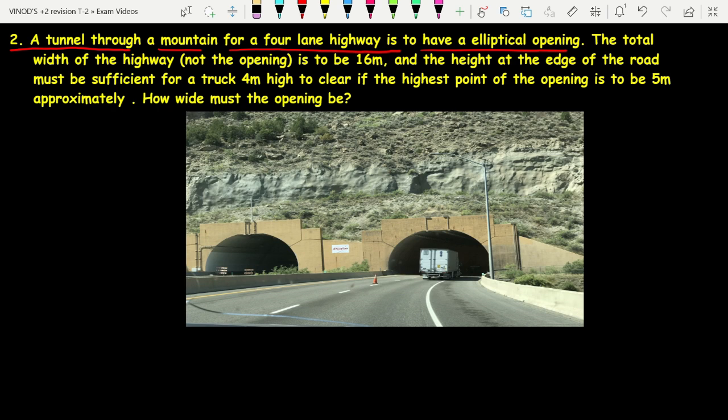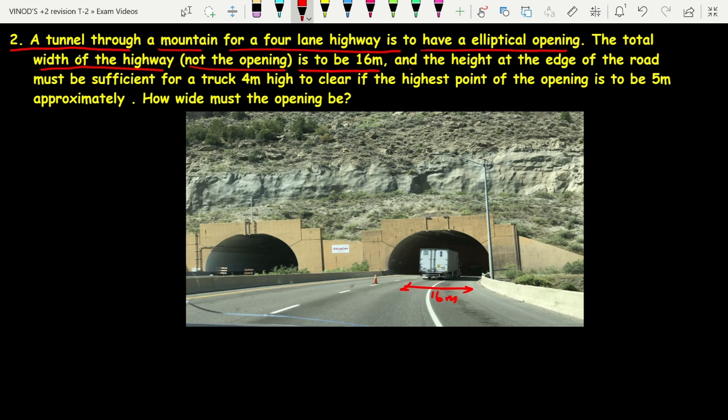The total width of the highway, not the opening. Total width of the highway, not the opening, means you have to omit some part in the edges. This portion on the edges must be omitted. And this width is given to be 16 meters. The width of the highway, not the opening, is to be 16 meters. So omit the edges. This edge and this edge must be omitted,